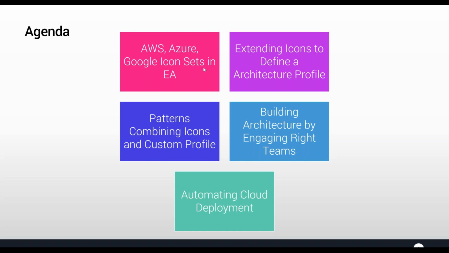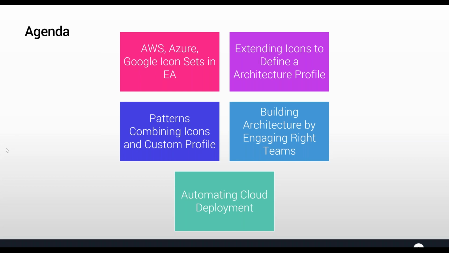And then we'll be seeing how to extend these icon sets into something that fits into an architectural meta model or an architectural profile. When we talk about an architectural profile, we're talking about this being part of the business, application, information and technology layers that we model, and the technology stack that we model is a true reflection of what is being deployed. Like the instance type, the databases, the OSs, the availability zones, and all those things that need to be taken into consideration when we are really delivering something